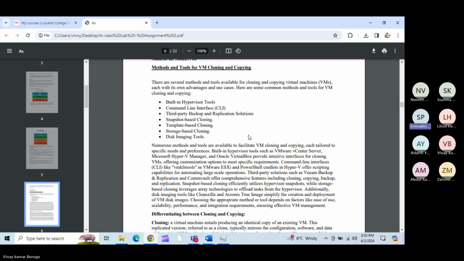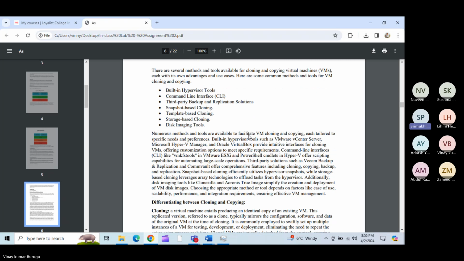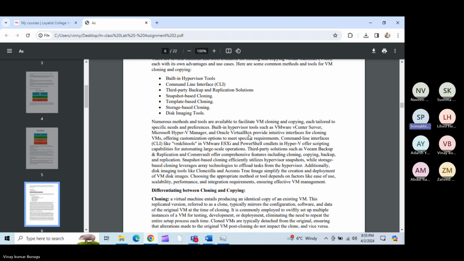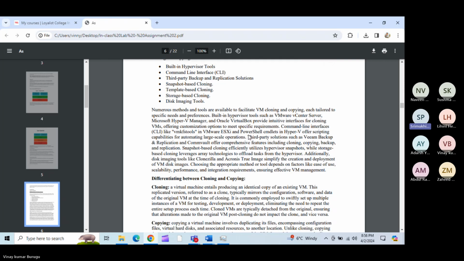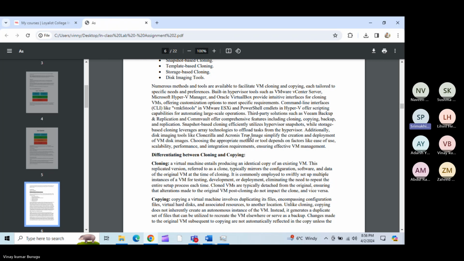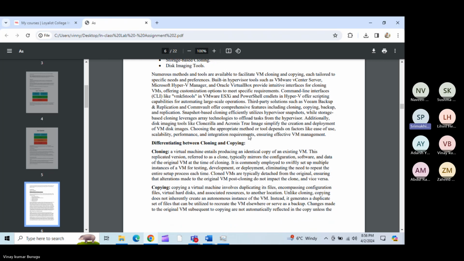For comprehensive features like cloning, backup, and replication, third party solutions like VM backup and replication are available. Snapshot based cloning effectively utilizes hypervisor snapshots, while storage based cloning leverages array technologies to optimize performance. If you are looking for simplicity in creating and deploying VM disk images, tools like Clonezilla are handy. Ultimately, the choice of method or tool depends on factors like ease of use, scalability, performance, and integration needs to